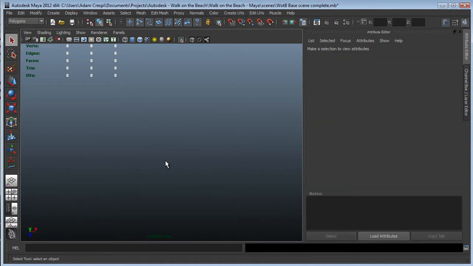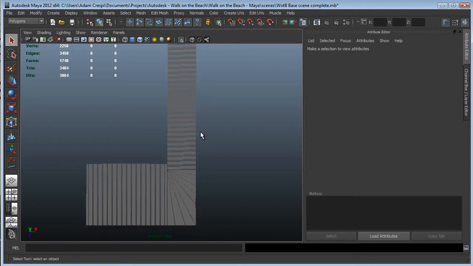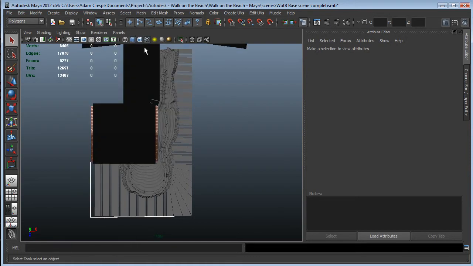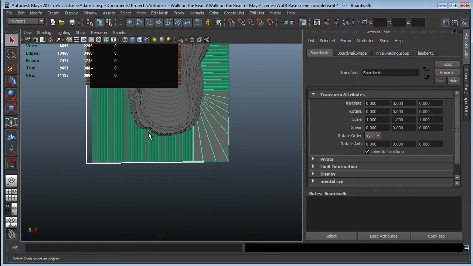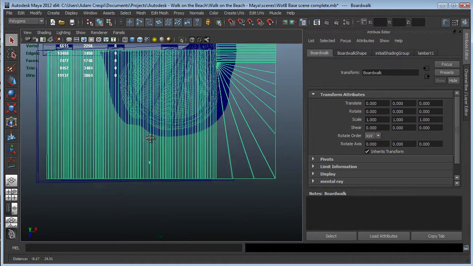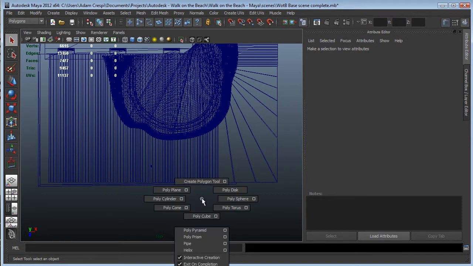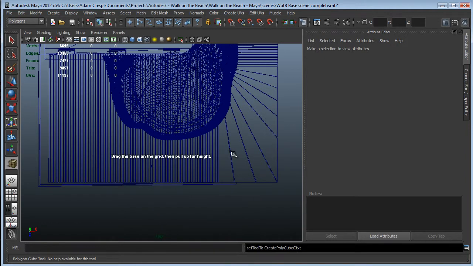What I'll do in here to clean this is probably start to strip out some pieces and use the existing parts as a template. Okay, so hitting 4 for wireframe. I'm going to remake the boards as a couple of large polycubes and show how to map them. I'll pick Polycube, that was Shift and right click for the marking menu for creation, and hold V for point snap, and I'm going to snap a polycube right onto the walls of the buildings